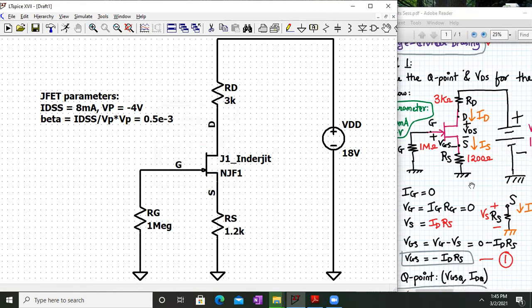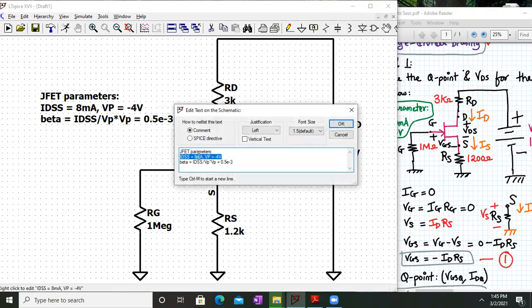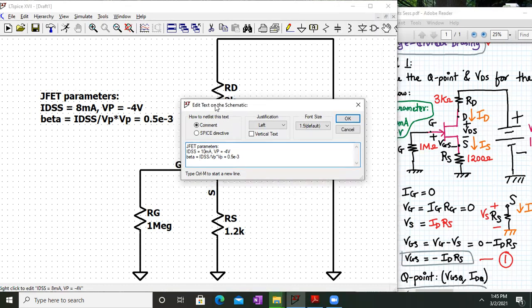The JFET parameters given are IDSS of 10 milliamperes, and VP is -4. Remember, in the dot model statement for the JFET, we cannot write IDSS directly, so we have to calculate beta.